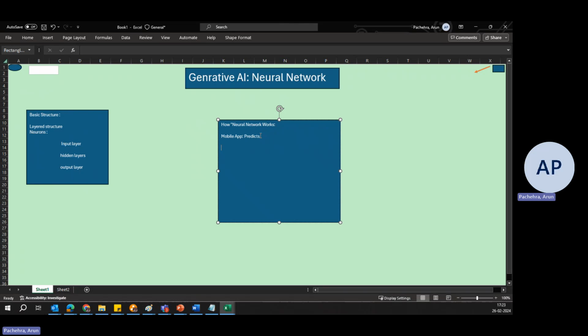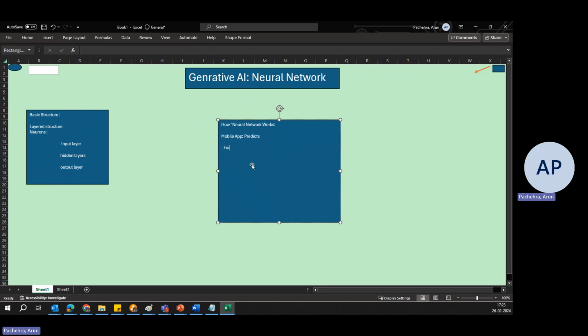So imagine a mobile app that recommends movies. It uses neural networks to predict how much you would like a new movie based on your ratings of movies you have already seen. Why do we need ratings of movies we have already seen? Because of how it works. Remember the data collection, because it needs data to understand the pattern and the structure and learn and then give the output. So the very first step would be what we call